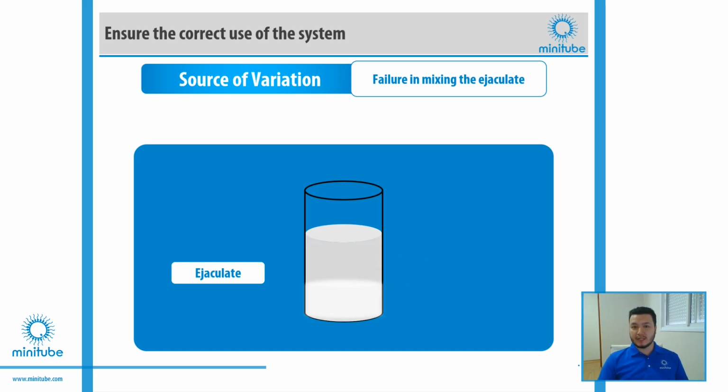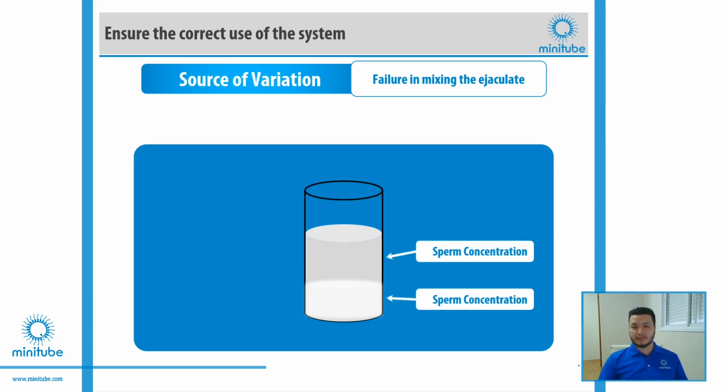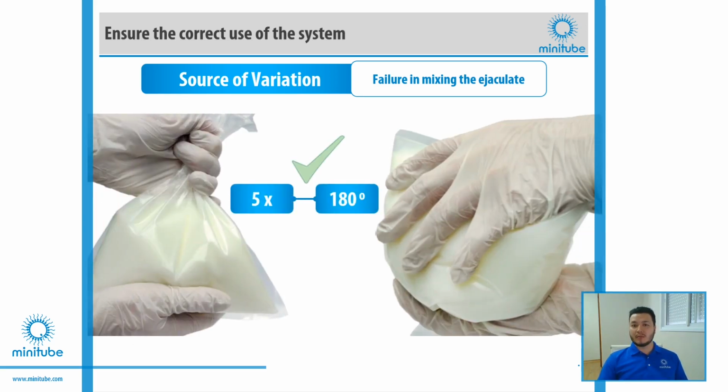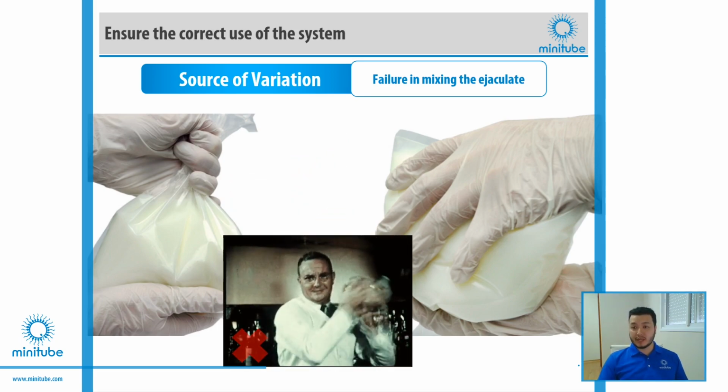You will have a sedimentation of sperm cells at the bottom of the container where the semen is. And this will result in different portions in your ejaculate, where the upper part has a lower sperm concentration than the entire ejaculate. And this is where you will take the sample from. So to avoid this basic but common mistake, you only need to remember to always mix the ejaculate by rotating it at least 5 times upside down, but please, no shaking.